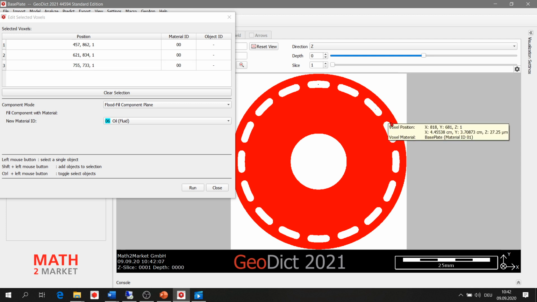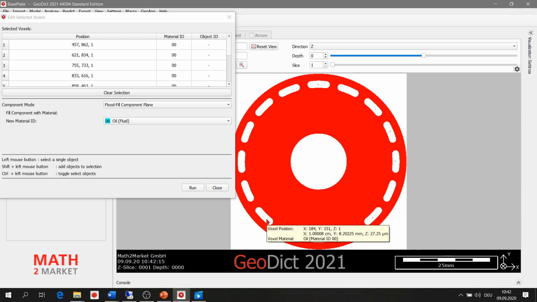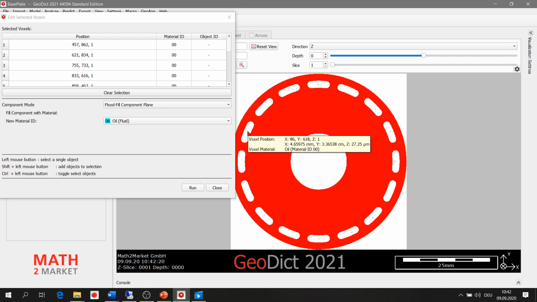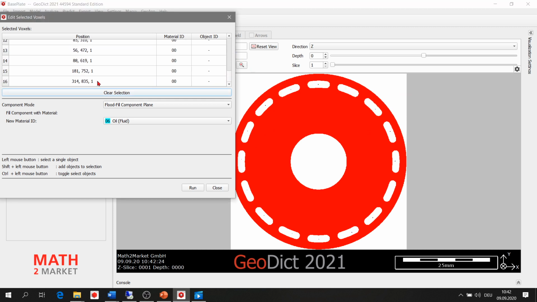Second point, third, 4, 5, 6, 7, 8, 9, 10, 11, 12, 13, 14, 15, and 16. Yeah, you can see here on the left side we have 16 points.